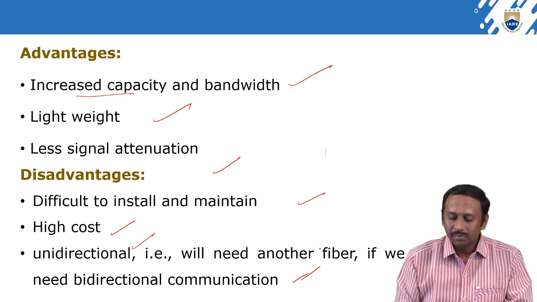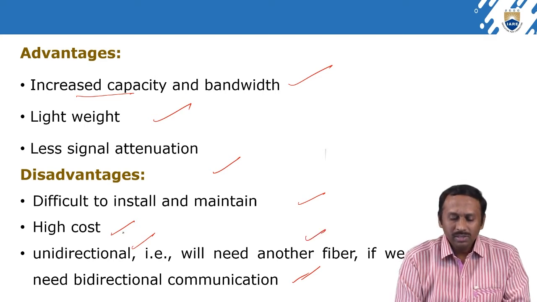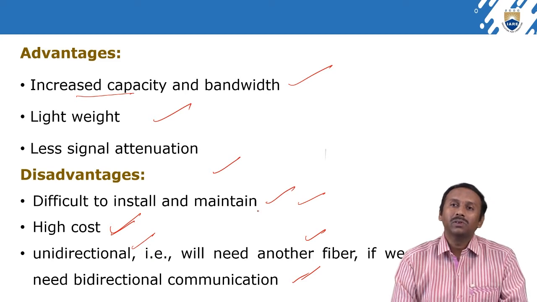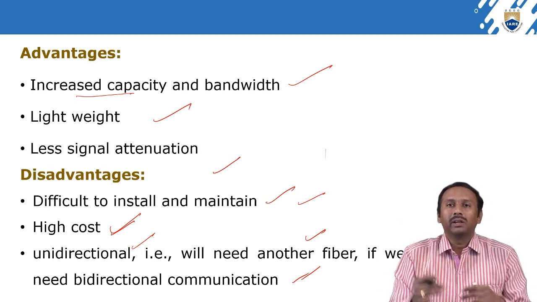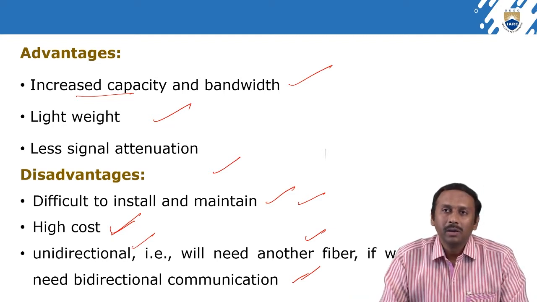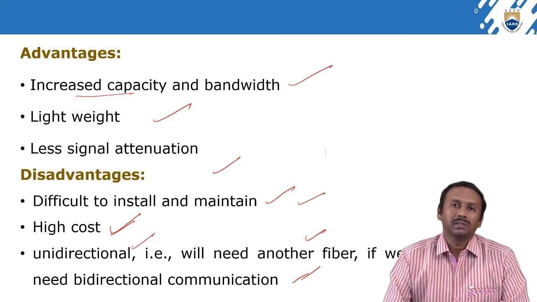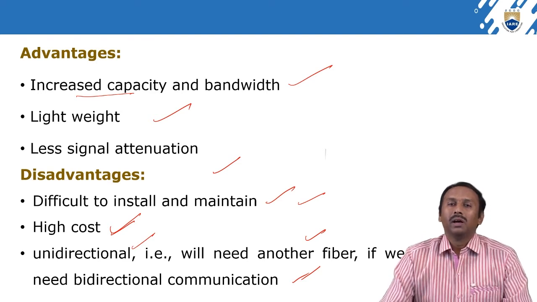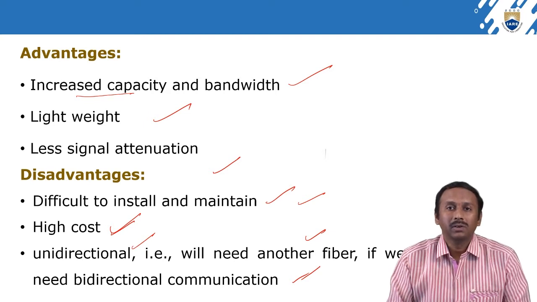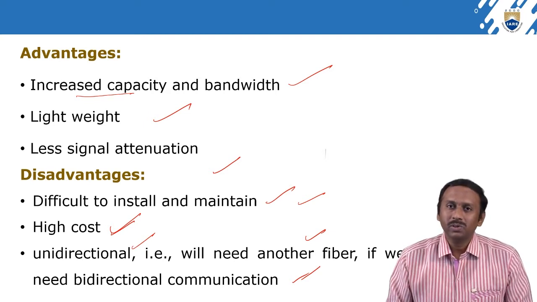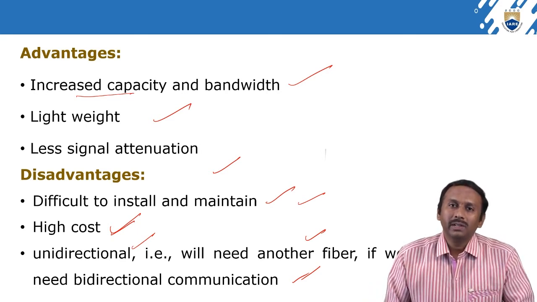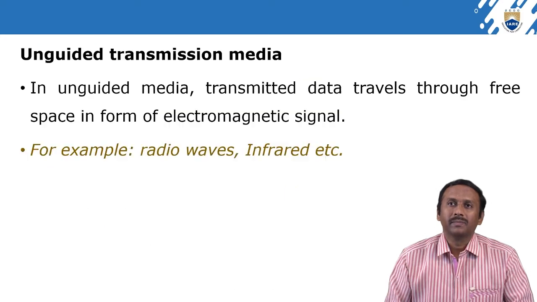I make it a disadvantage because it is a very high cost and difficult to install and maintain. If it is difficult to maintain, and we use two cables, obviously the cost is very high, but the performance is excellent because it supports higher bandwidth, and the data rate is 2 GB per second. So that's why, as I told you, each and every particular type has its own advantages and disadvantages.